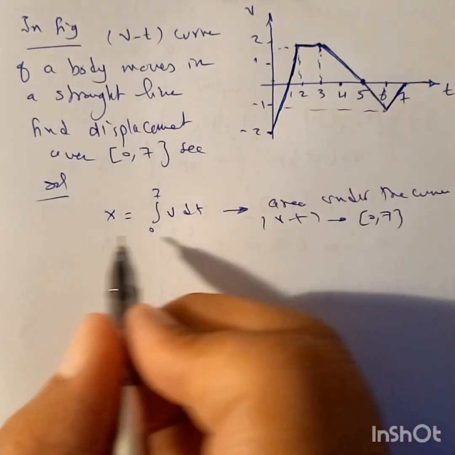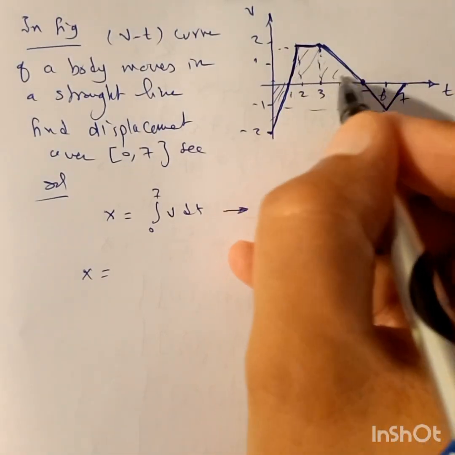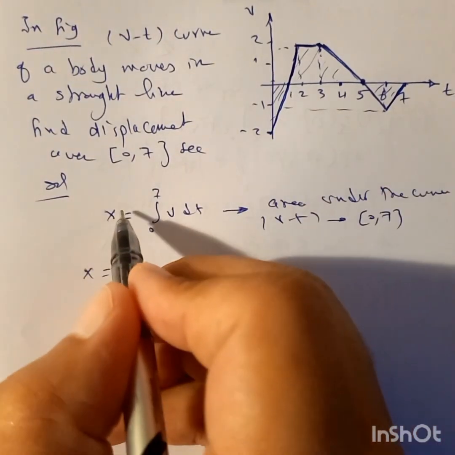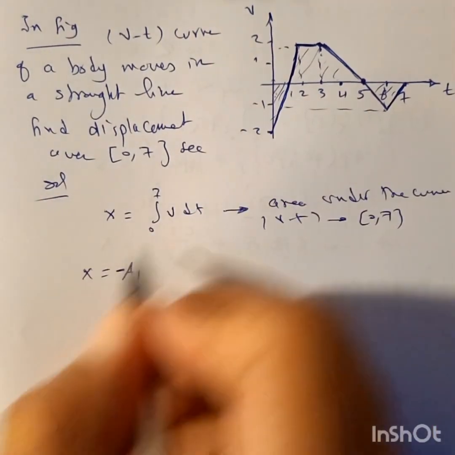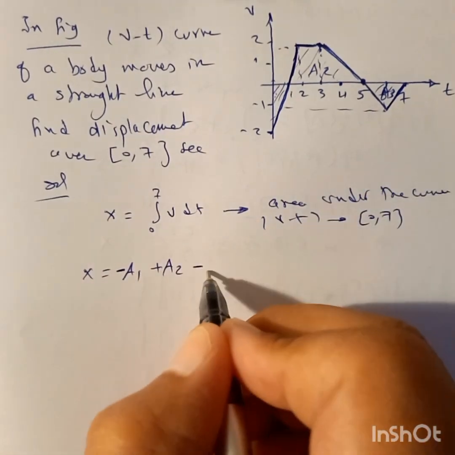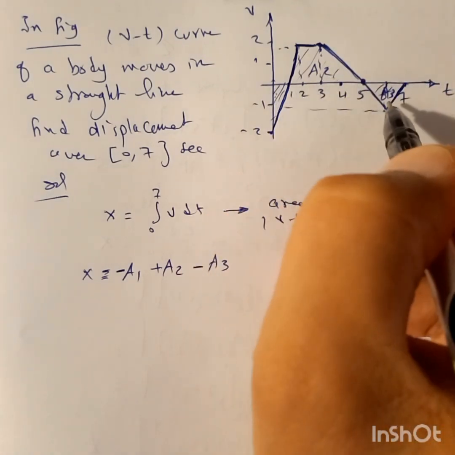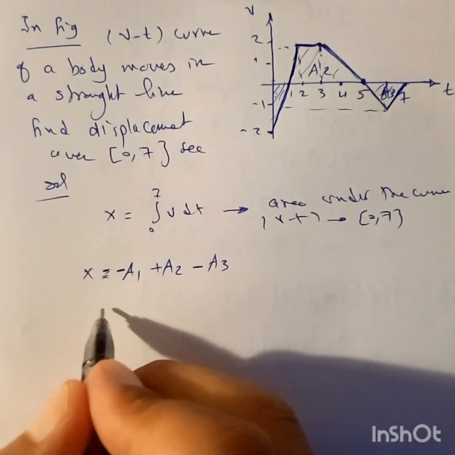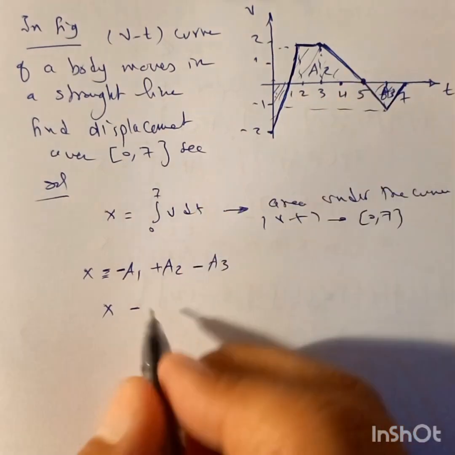Okay, here we have three areas, this one and this one, and we have this one a1, okay, but x may be positive or negative. Okay, then we have here a1 is negative, okay, here a2, and this is a3, so a2 minus a1 minus a3, as a2 is above the x-axis, a1 and a3 are below the x-axis. Then the area or displacement here is negative, then x equals here negative, a1 is the area of this triangle, half,